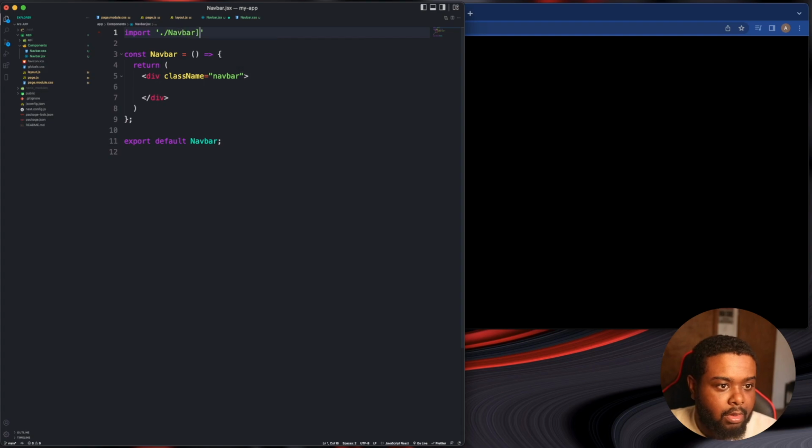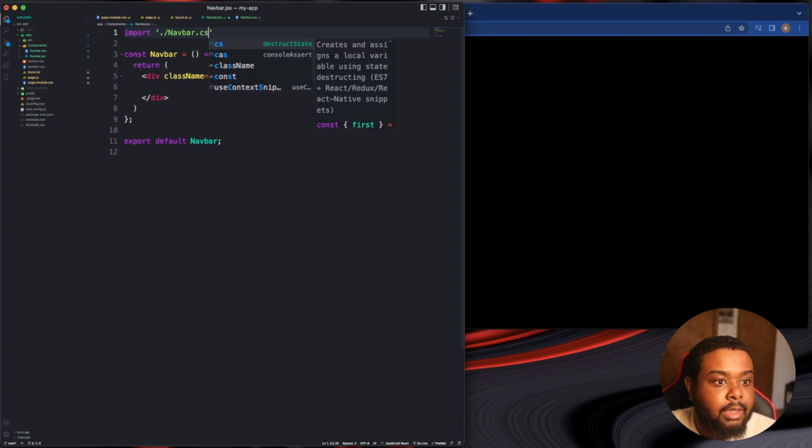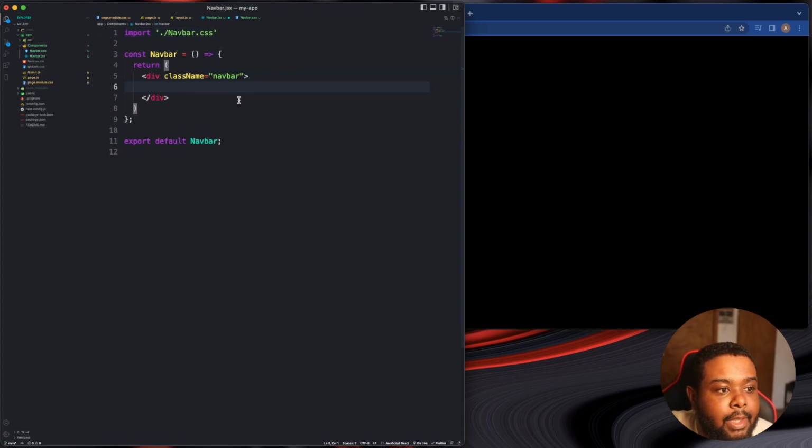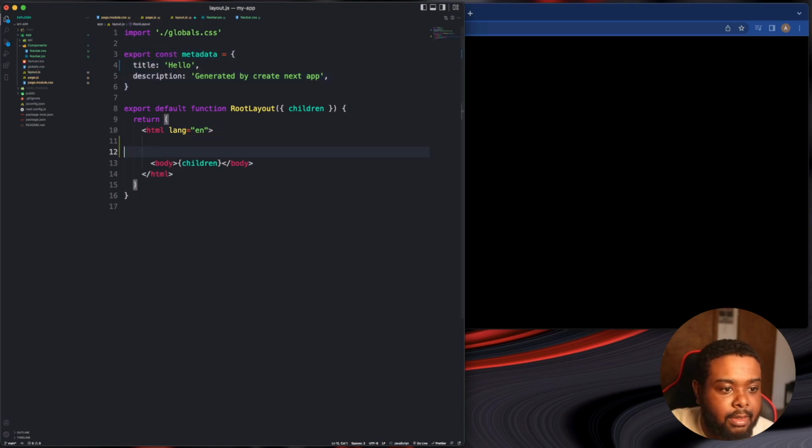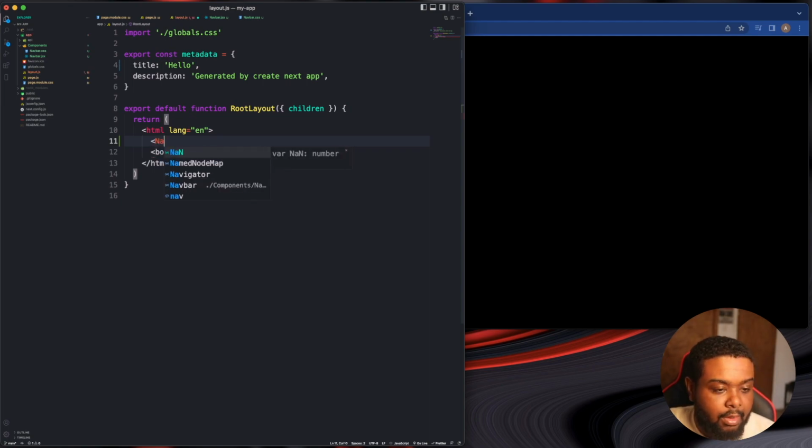Slash navbar.css. All right, so let's get started, I guess. So I probably should go ahead and put this on a page. I know we do it in the layouts here, Next.js. So we gotta do navbar